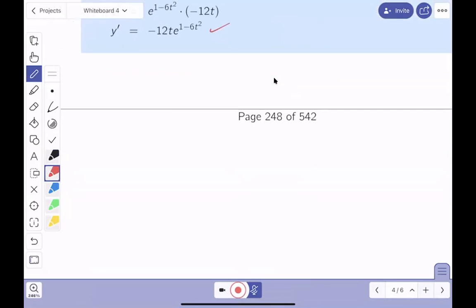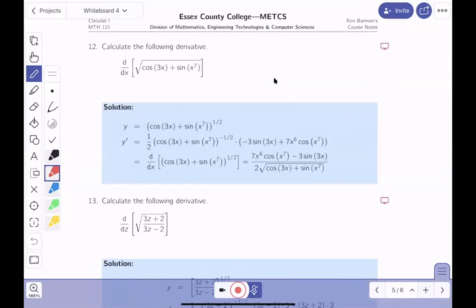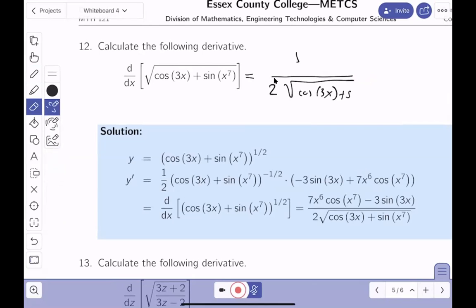So number 12, well, next page, number 12. Wow, you know what? I think I'm ready to do it without doing a bunch of rewriting. And the reason for that is I know these are half powers, and I've been differentiating the square root function, and what's that going to be? It's really 1 over twice the root. And what's the root going to be? Cosine 3x plus sine. You know what? I got to get my eraser because I can't fit it in there, can I? And let's just say it's going to be sine of x7